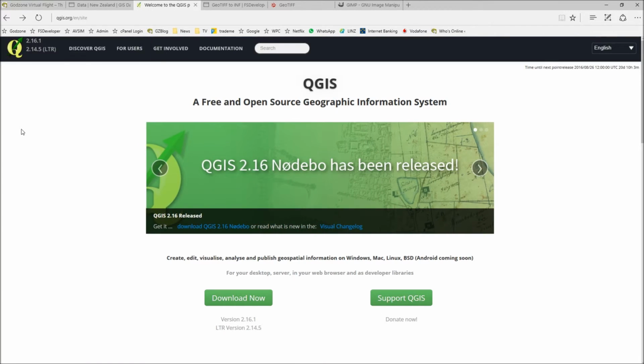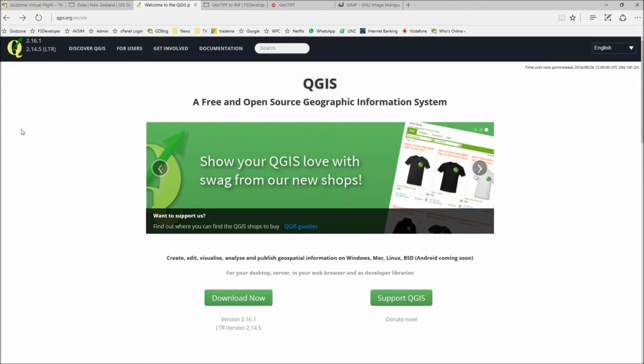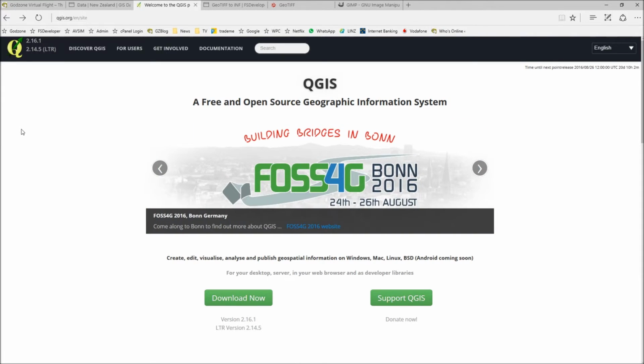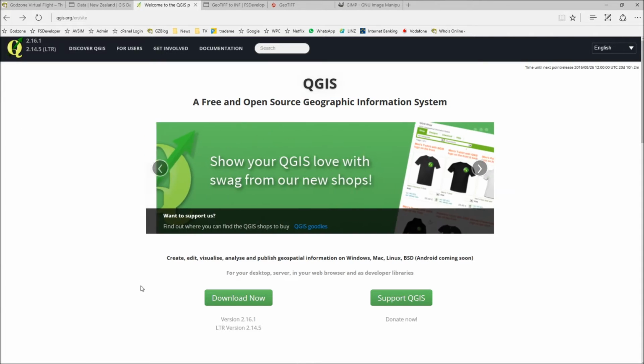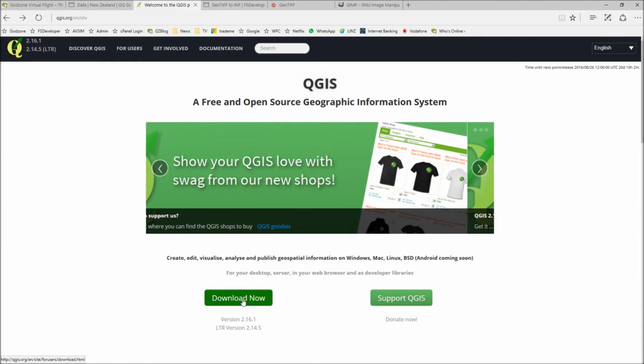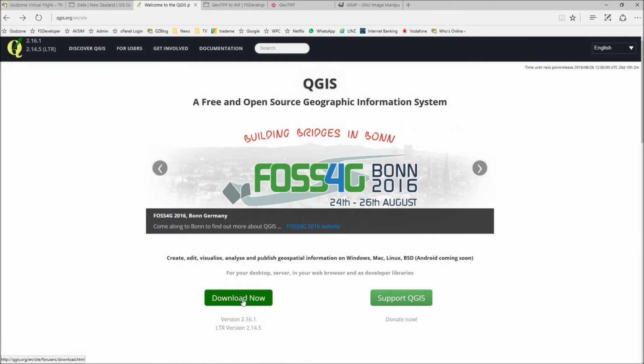So the tool which I'd suggest, it's not the one I use because I have a program I paid for, but the free one is QGIS, a free and open source geographic information system. It's very powerful. It's easy just to download and install. Not so easy to use, but for our purposes it's ideal because it allows us to do everything required with